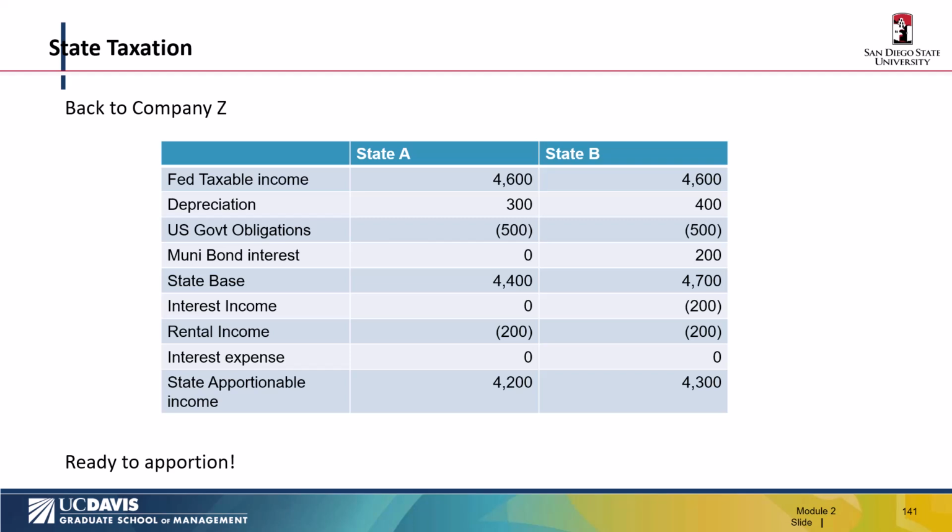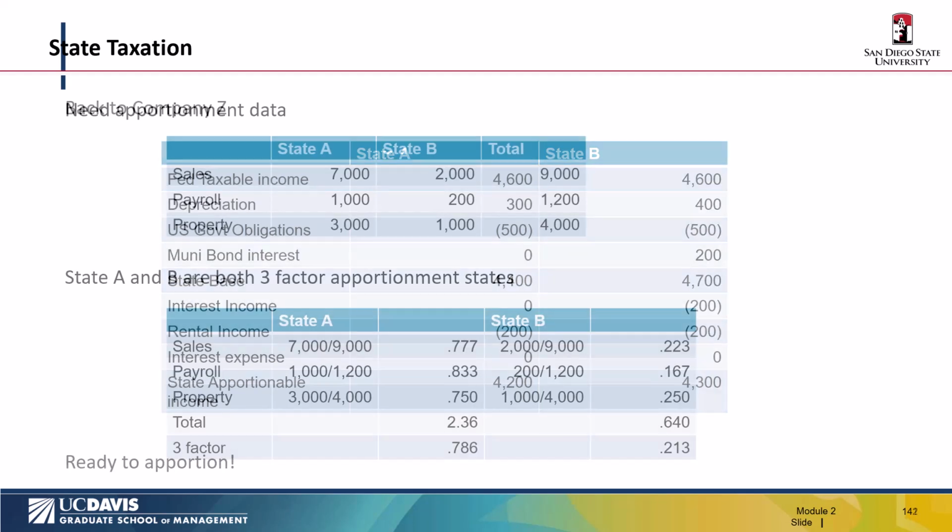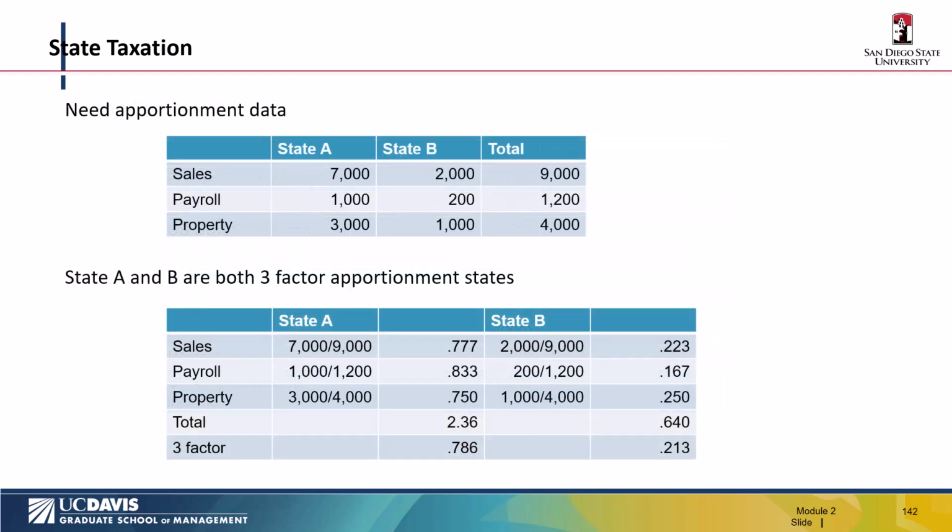Okay, so let's go back to our company. Remember, we ended with our state apportionable income of 42,4300. If we get our apportionment data,